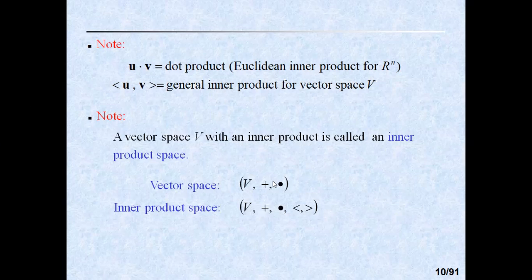Already a vector space can be represented as V with two binary operations: vector addition and scalar multiplication. It is already known that it is a vector space under vector addition and scalar multiplication. To define the inner product space, it also satisfies the inner product binary operation. That is, an inner product space can be represented as V with vector addition, scalar multiplication and inner product. V associated with the three binary operations is called an inner product space.